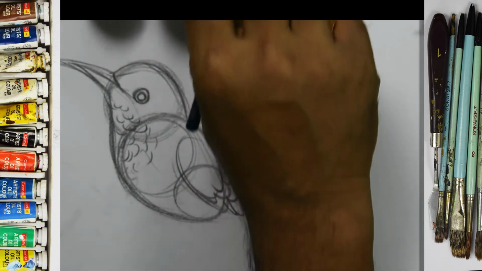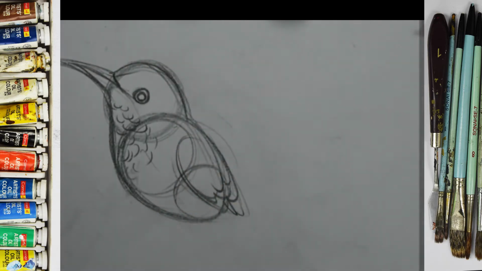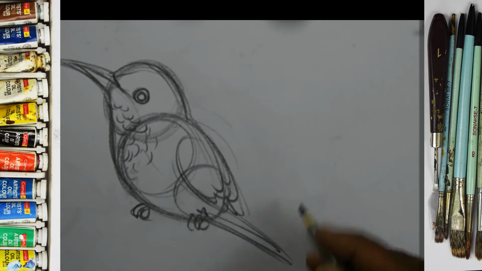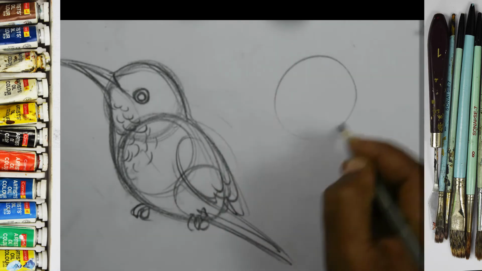So now I just told you a very easy way. Any bird. Okay, so I make the hummingbird. See, I just make it like this. Now I show you, any bird. See, suppose it's a hummingbird. Any animal. If you want to make the squirrel, see, the same circle.